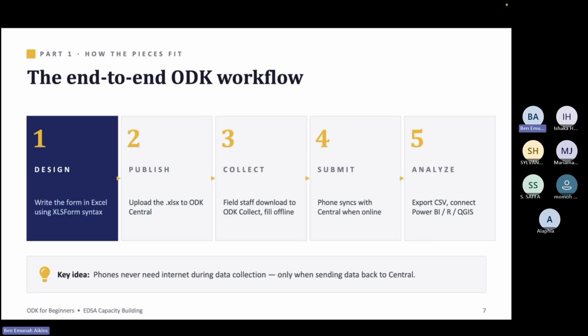Let me add that. Usually, by default, ODK does not really come with its own visualization dashboard of a sort. What happens is that you would have to either export the data as a CSV and then visualize it independently, or it gives us what we call an API. API stands for Application Programming Interface. What APIs do is that they allow you to fetch the data that you have on Central directly through to